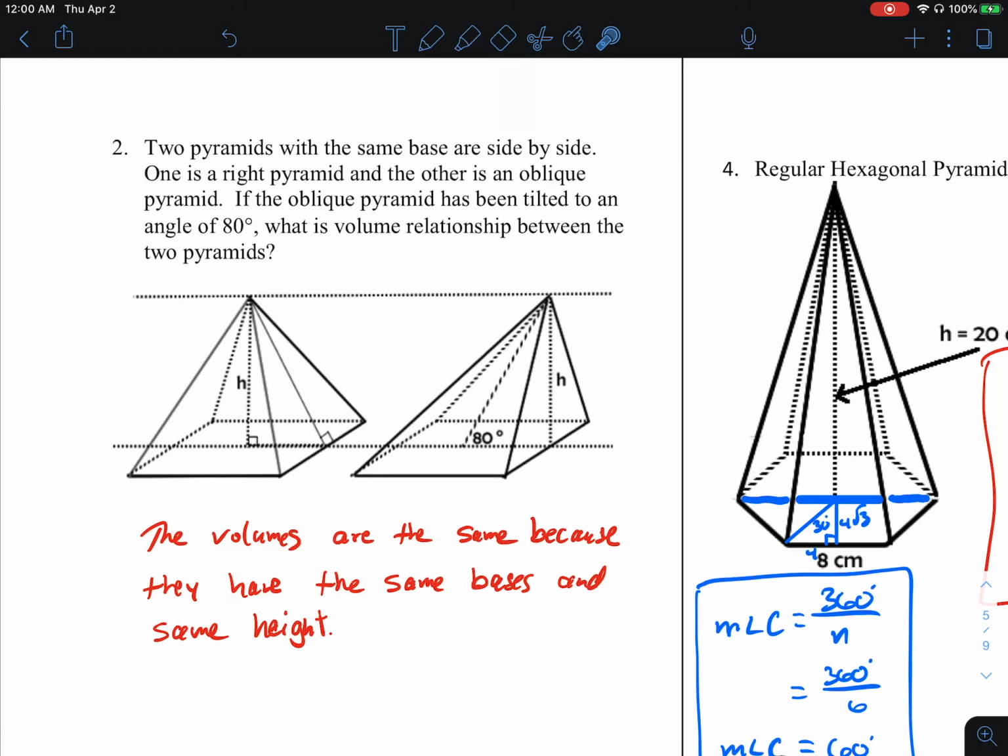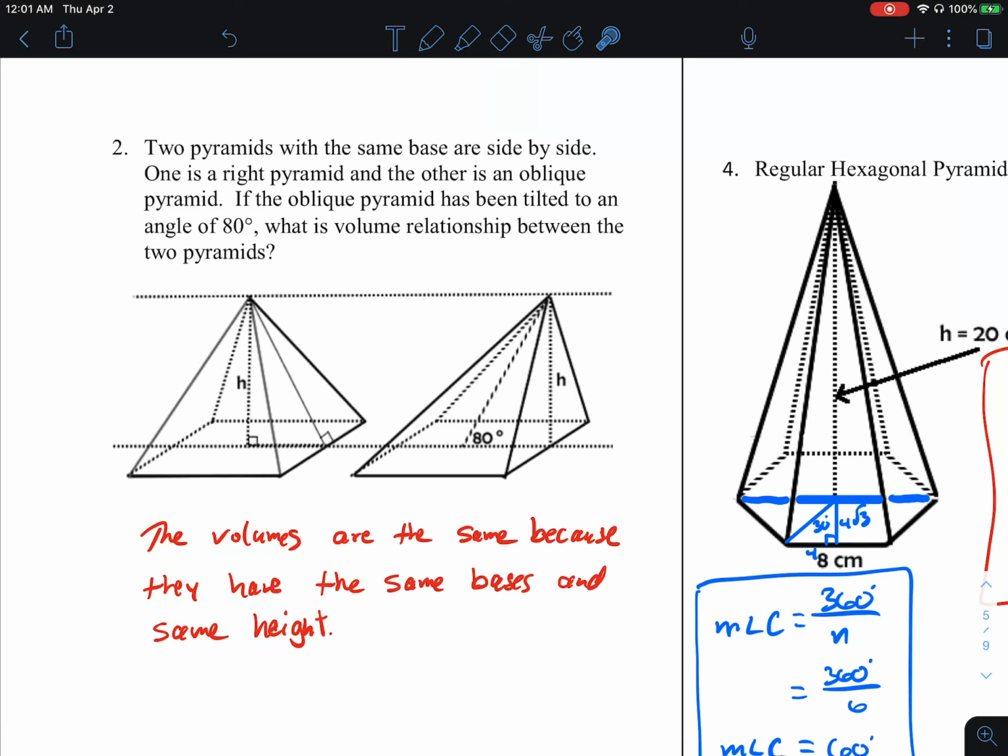Two pyramids with the same base are side by side. One is a right pyramid, that's this one, and the other is oblique, that's this one. If the oblique pyramid has been tilted to an angle of 80 degrees, what's the volume relationship between the two pyramids? Well, since they have the same base and they have the same height, h,